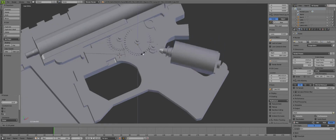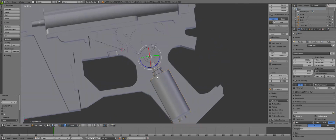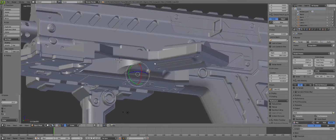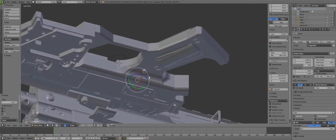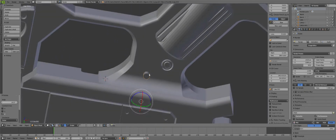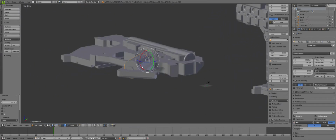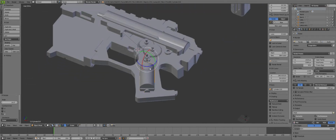I can then rotate that around there, bring that down, and then rotate the motor about it to bring it parallel. I'm just going to rotate that around a bit more, like that. As you can see, I'll have one of the bearings particularly close to the surface there, and the motor will be fatter than the grip. I can rotate, if I just go into local, I can rotate that about there,